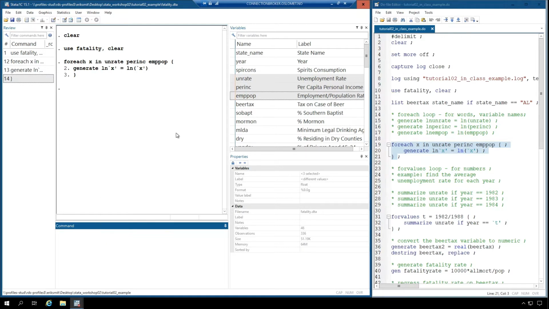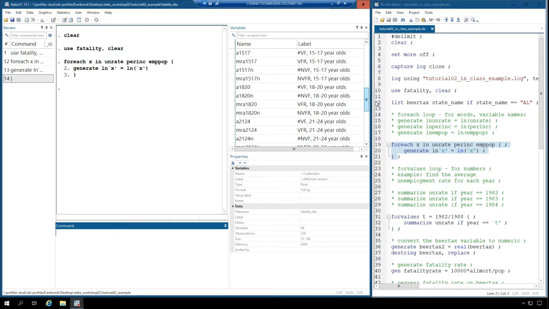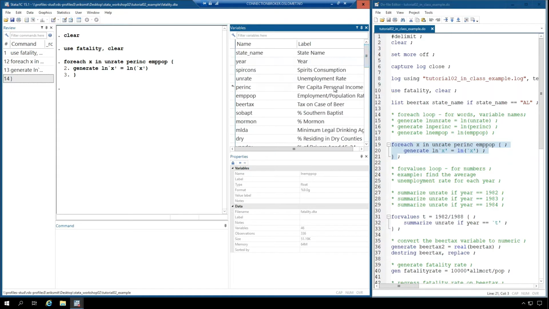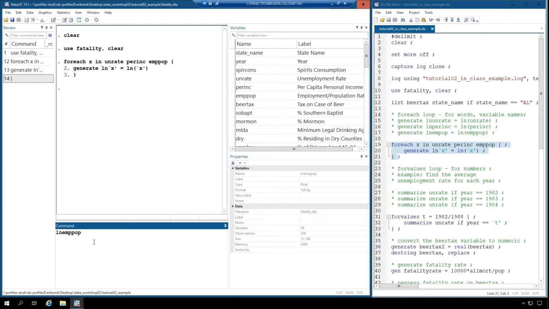But what did we do? We generated these ln unrate variables, as we see here, but what actually happened? So if we just paste it again,